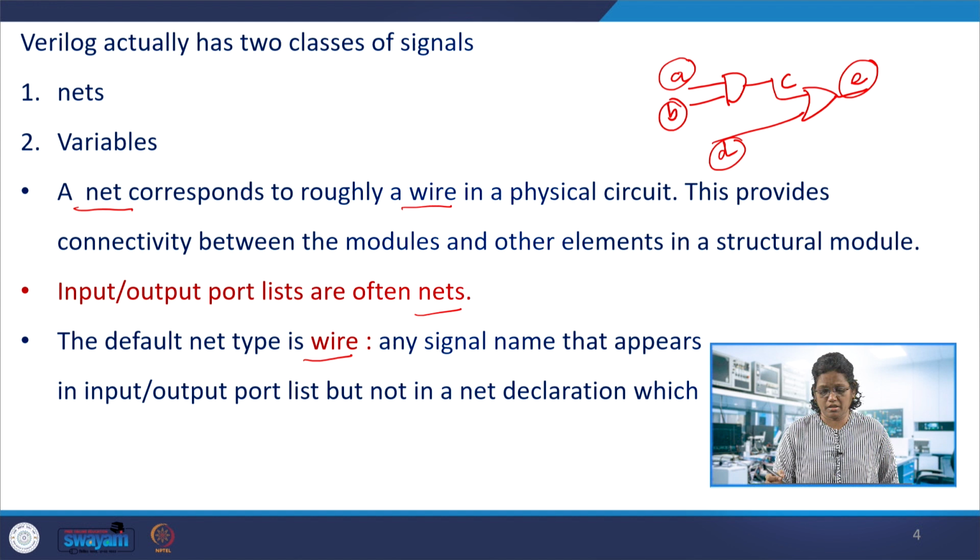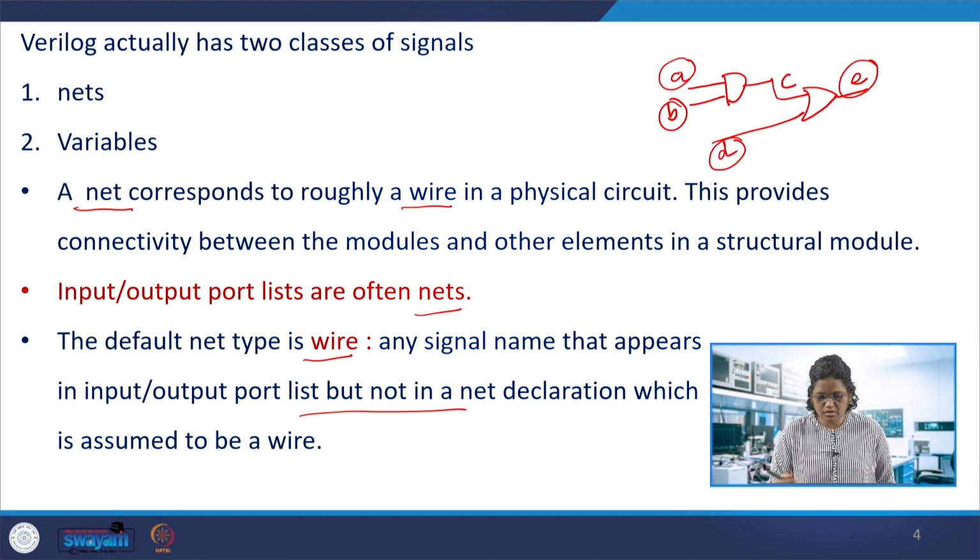That's the declaration part. If you don't define any of these nets, the ports which are mentioned in the port name list and not declared in the declaration section would be considered as wires. If we don't define the type, then the signal name is going to be considered as a wire. We will be seeing many more examples of these wires. Net has different net types available. This is one signal type, which is net.